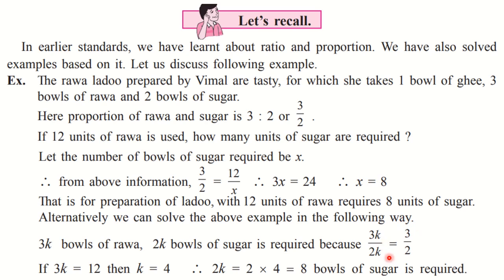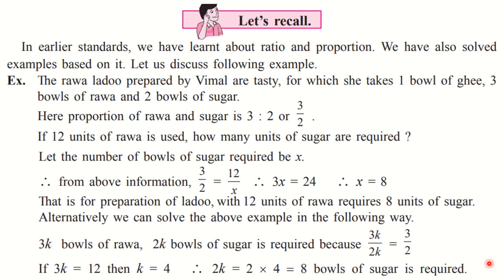Yes, because the ratio is 3/2, which is equal to 3k/2k. So whenever we think about the ratio, it doesn't mean that it contains the same number. It is always a multiple of some other constant number which is called k. That means in both places some constant or common multiple is always present. In this case we can find that the common multiple is 4, as I have said. 3 4s are 12 and 2 4s are 8. So that 4 is a common multiple. This is called the concept of ratio.